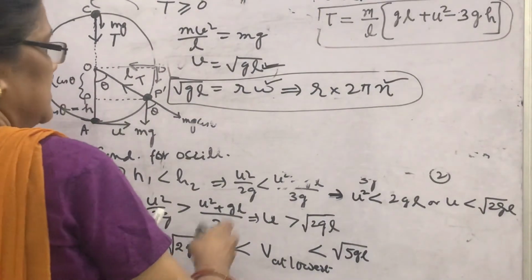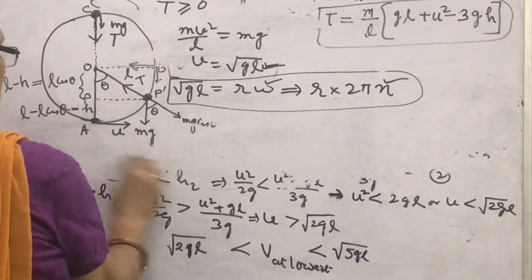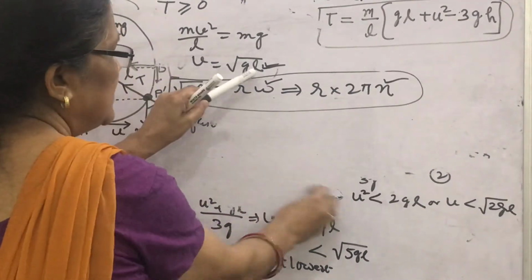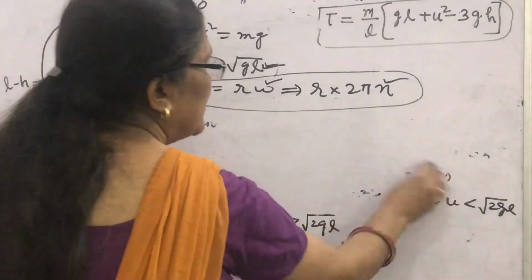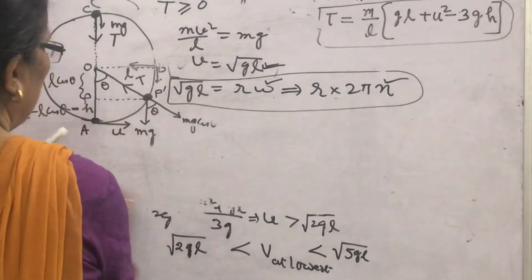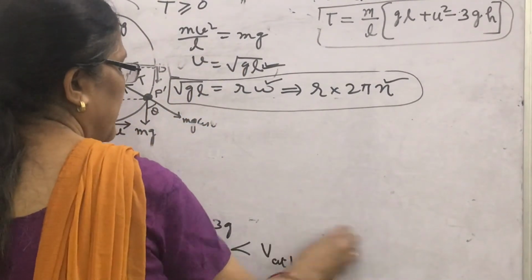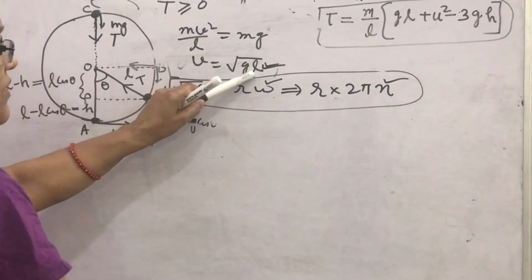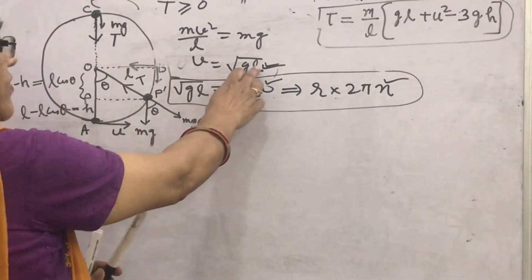Similarly, there is another question. In this question, if minimum velocity is asked, length is given, then you can find minimum velocity. Or if the minimum velocity is given for the circular motion of a bucket filled with water, then what should be the length of the string so that water doesn't spill, then you can find L.